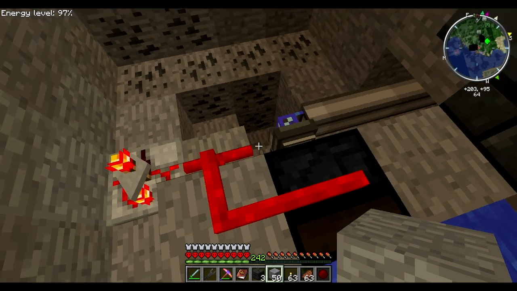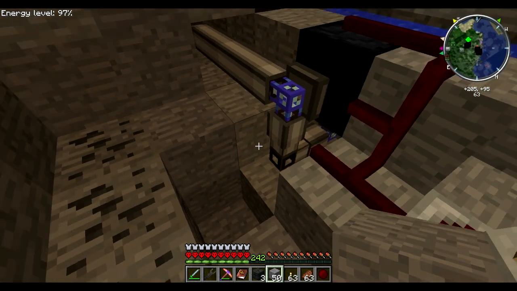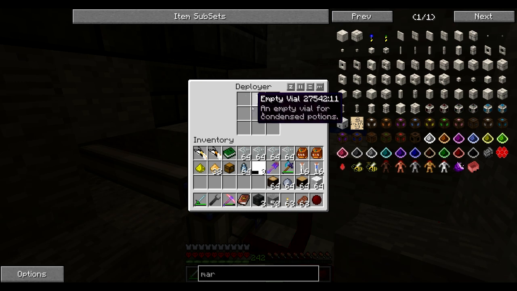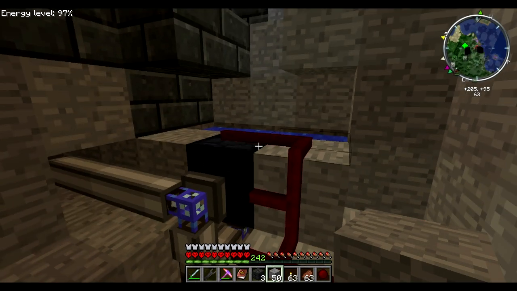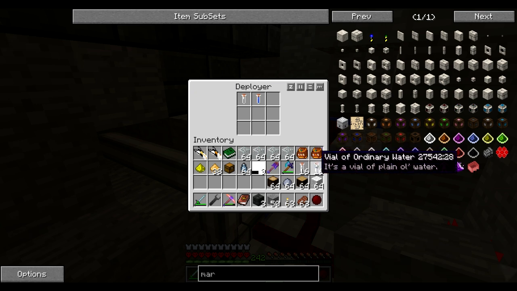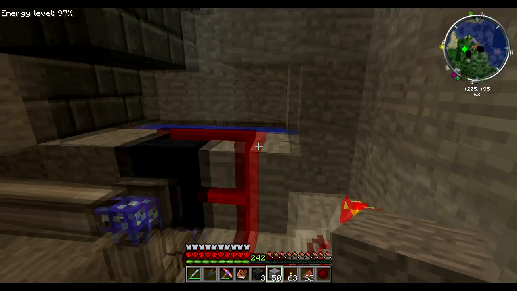Basically what we've got is a deployer right in the middle here. If you click on it, you can see it's only filling one at a time. One empty vial goes in. It collects the water in front of it, and we get a vial of ordinary water. Now it does need a tick from...